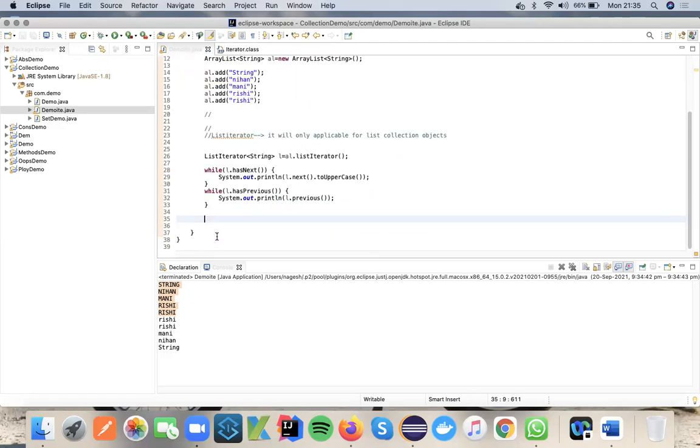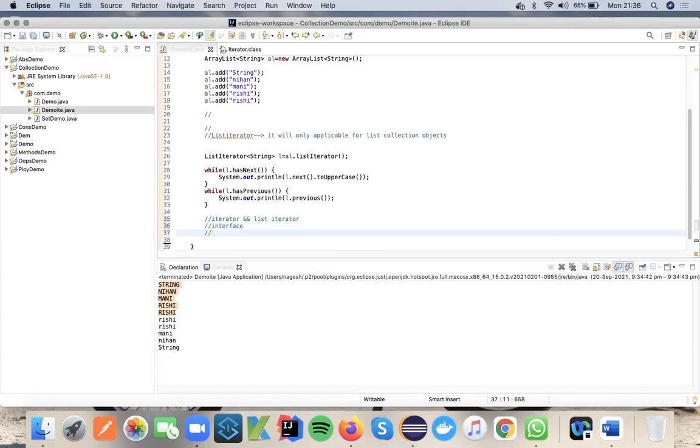Now, a very important thing: what is the difference between iterator and list iterator? First, iterator is an interface and list iterator is also an interface.